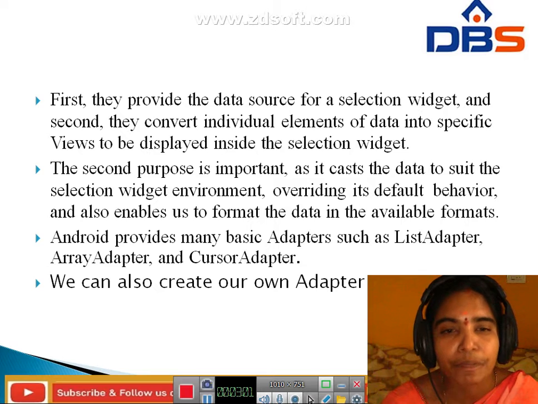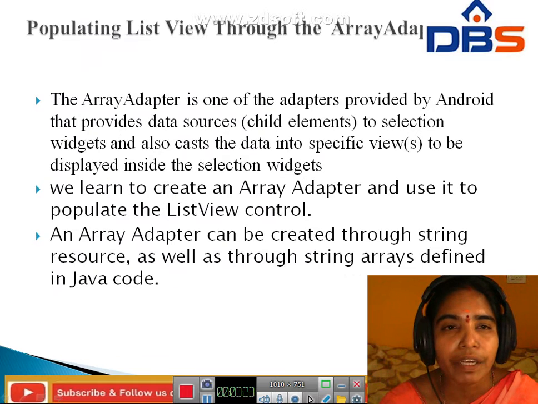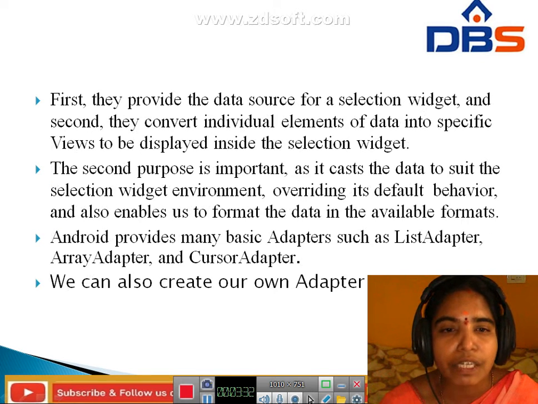Such as list adapter, array adapter and cursor adapter. These are the three basic adapters used to populate the list view. We can also create our own adapter.